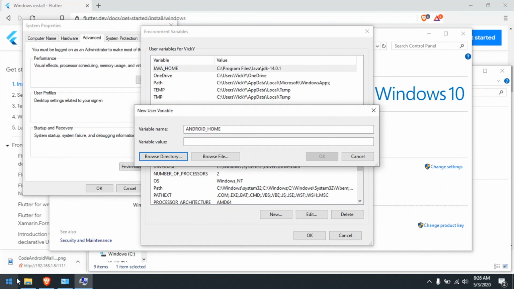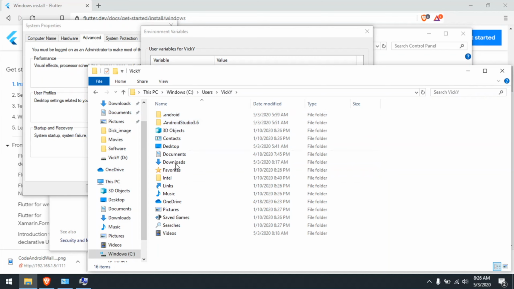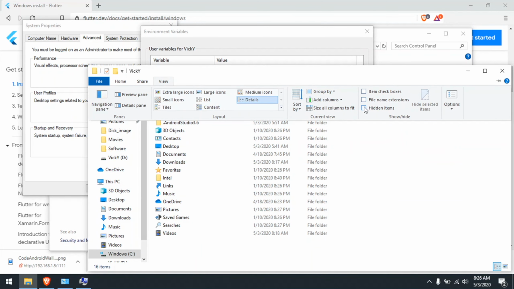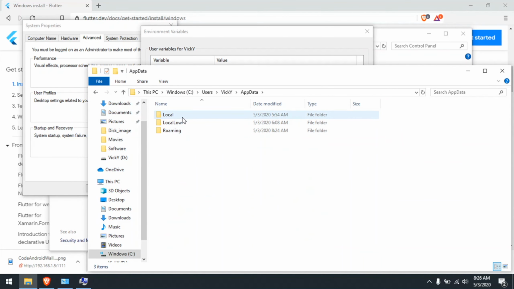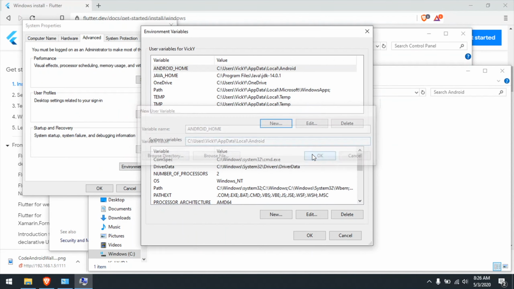So opening Explorer, inside your user folder, we have a hidden folder called AppData. Inside Local, we have a folder called Android. This is the place Android Studio keeps the SDK by default. So copy the location and giving it as a path for Android home.